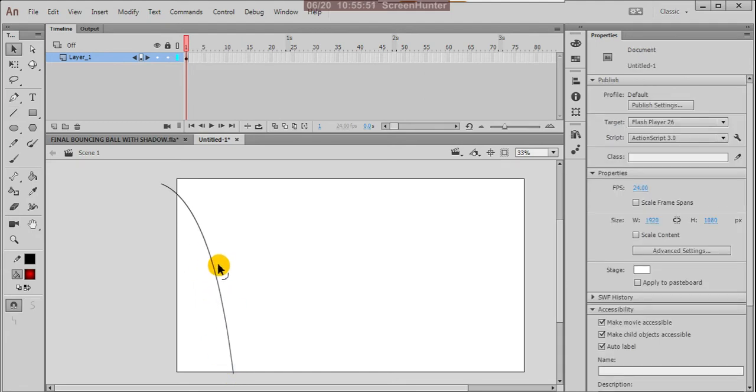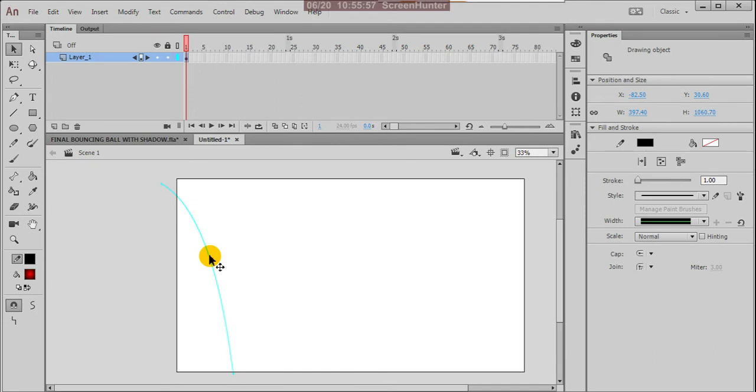Suppose first we have to prepare the path. Then you can copy and paste. Otherwise, by pressing Alt, you can drag these, so you will get a copy of that.